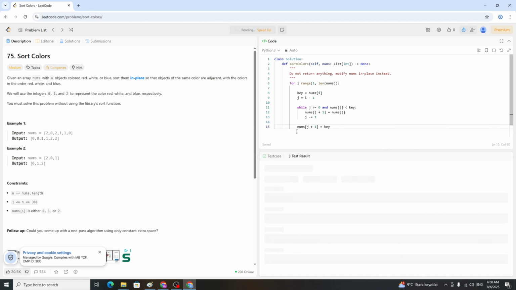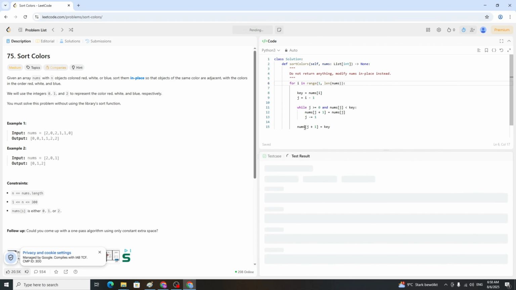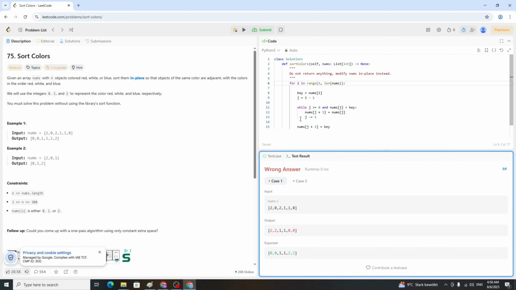So at the end, for i in range, of course. So I was saying, when it is at the last, okay, we have implemented